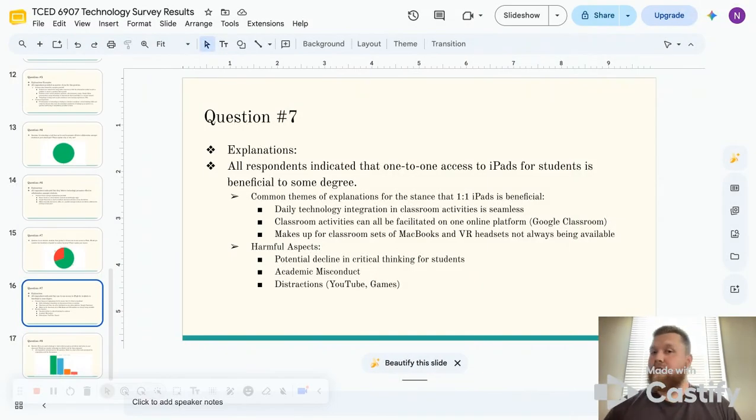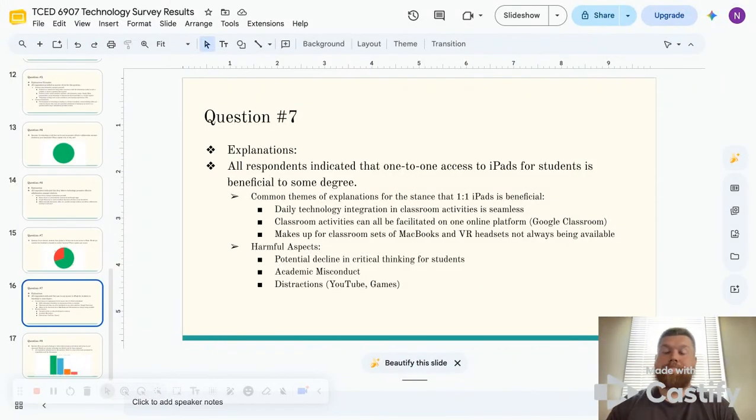At Beaver Local, we are very fortunate that our district involves technology significantly in the classroom. We have plenty of resources. Some of those do include MacBooks and VR headsets. Now, those are one particular set per grade level, or in the case of VR headsets, for 7th and 8th grade. So it's something that has to be shared. The fact that iPads are available one-to-one to students makes it a little bit easier for technology to be consistently